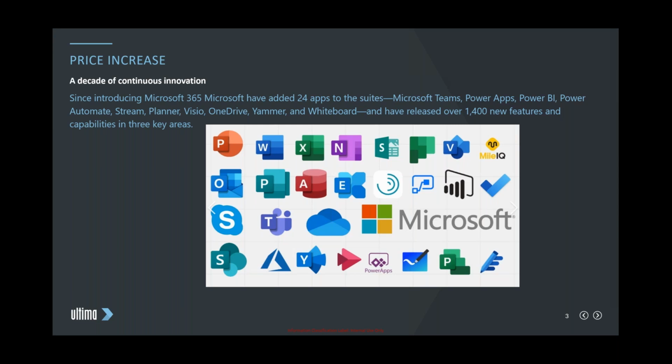If we think that was released back in July 2011, where there were 6 products that initially came out. It was like Word, PowerPoint, Excel, Lync, InfoPath, Outlook, Exchange, I think as well. And now there's over 24 suites within that E3 suite, including most recently some of those Power Apps. So there is a lot of value in there, and this is why Microsoft are implementing this price